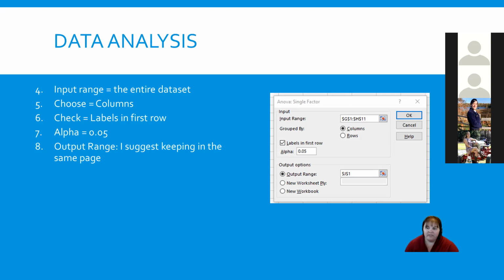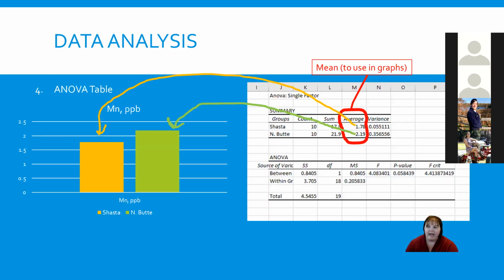And then for me personally, I always try to keep the ANOVA analysis with the data set. So I will actually put the ANOVA table into the same sheet that the data is in. I'll just go in and select a cell that doesn't have anything in it. All right, so after we select all of that, we're going to hit run, and it's going to generate this